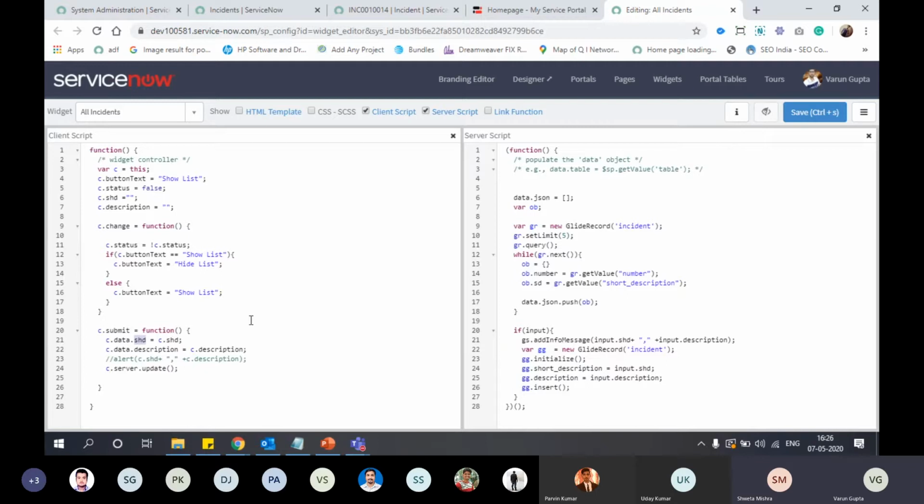So the values from the HTML form come through C, the C object, and then to transfer it to the server we use C.data. Correct. Then to use it in server script, we use input dot and the variable name. Got it. Thank you.